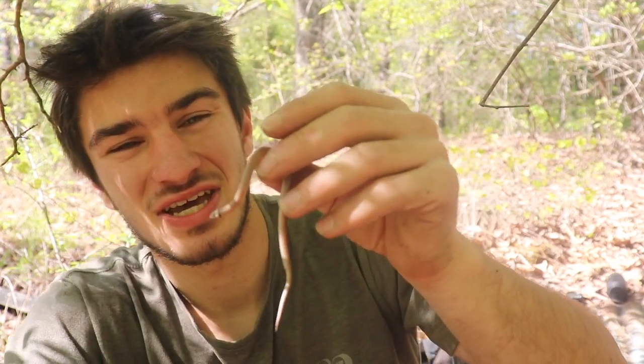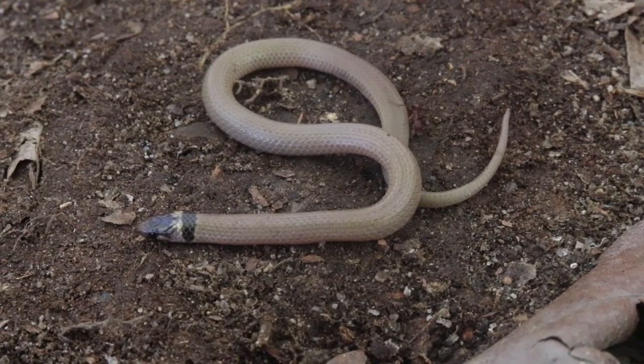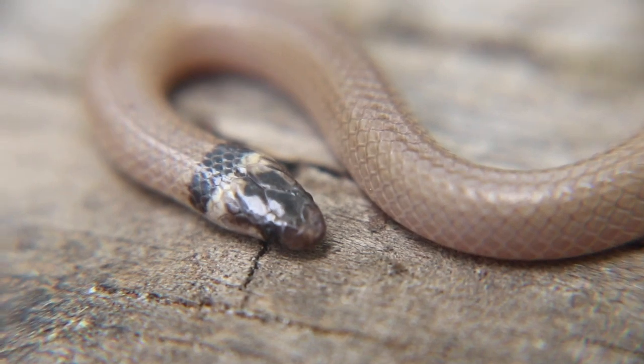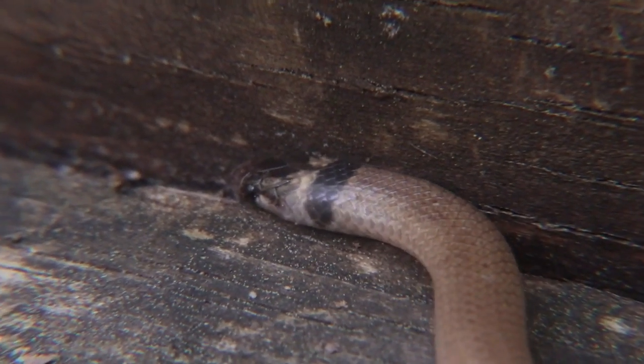But awesome snake, so happy. I haven't seen one of these things in years, guys. It's been years and years and years. Probably the last time I saw one of these snakes was, I think the last time I saw one here, which was, I don't even know how many years ago. So I'm thrilled to see another one, and I've gotten pretty much everything I need from him, so I'm gonna